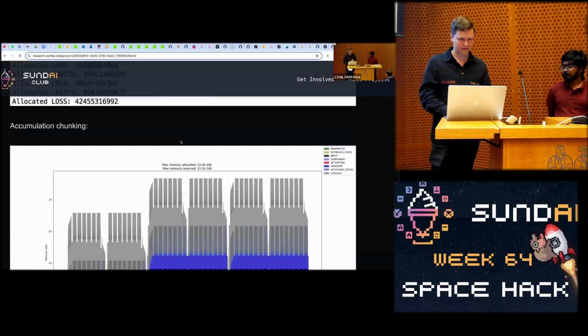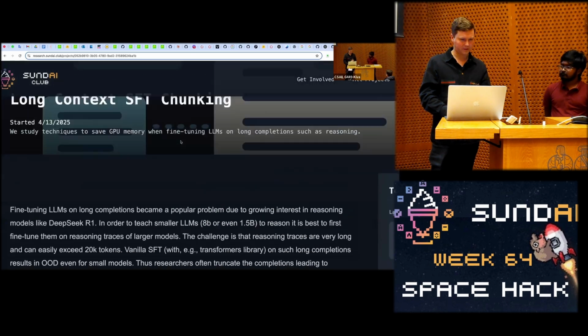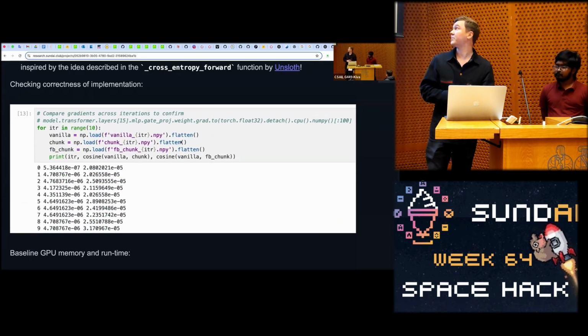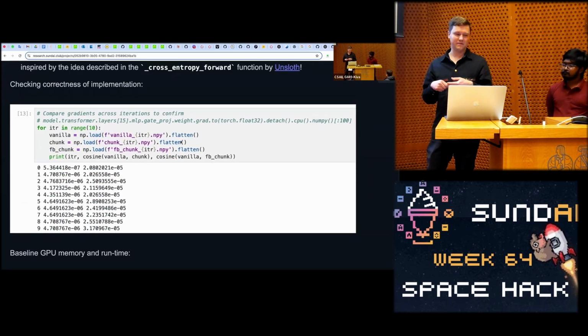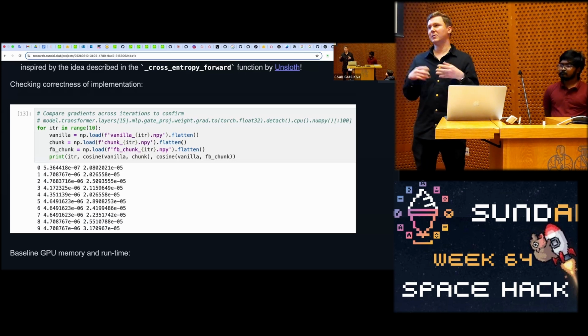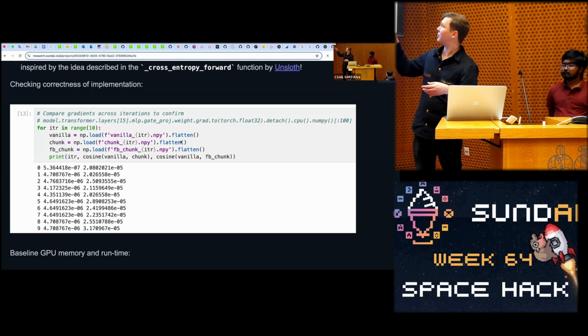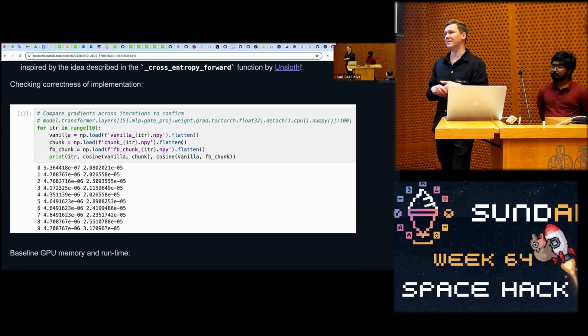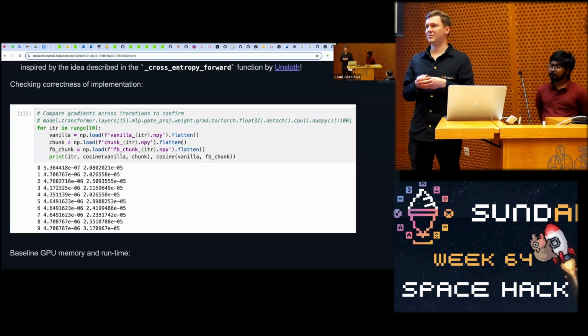So yeah, these are the main findings. I also did a quick correctness check, just to make sure the gradients are identical. Running 10 iterations over the same data set, we checked the cosine similarity of an arbitrary transformer layer, layer 15 MLP gated approach, just a random one in the middle. We double check that the gradients are the same, just to make sure the gradient is